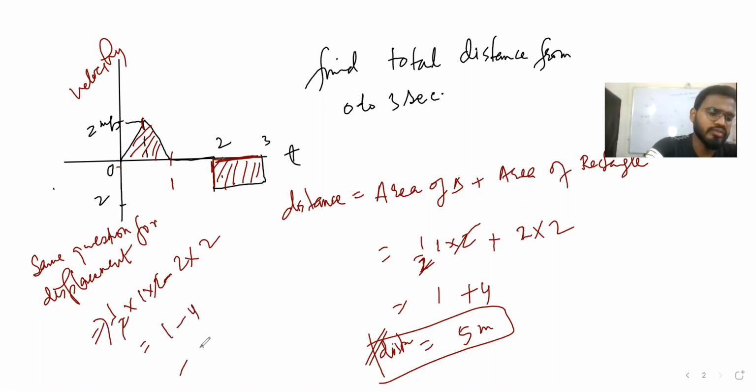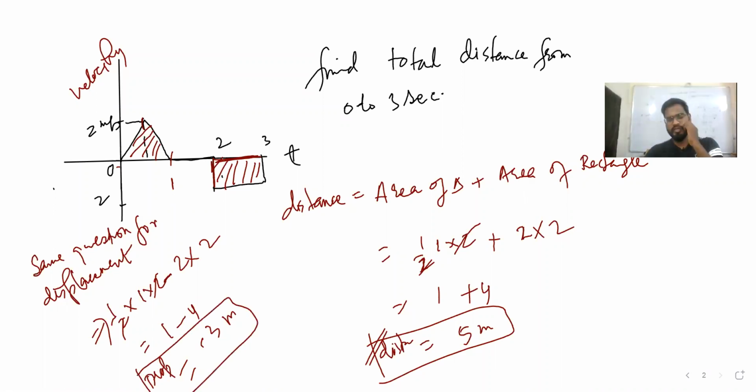And then minus of 4. So minus of 3 meter per second is what? Sorry, minus of 3 meter. It means it is in the downward direction, right? Minus of 3 meter is the displacement. Hope you guys got how to find it. Understood properly, right? So this is about graph questions. We will do more in further classes.